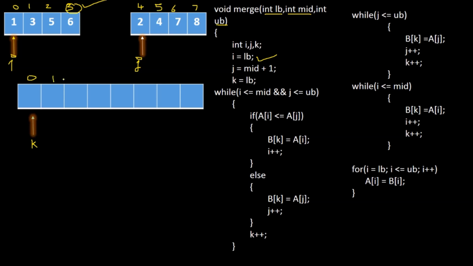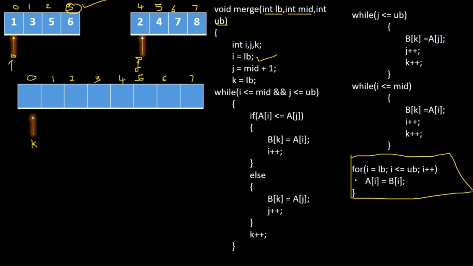This is a new array, the name of this array is b, right? And the name of your original array is a, right? These are the index numbers in the array b. Why are we taking a new array? Because we are merging. For merging purposes we don't want to disturb the original array. So we create a new array, and after that we copy it back. It is very easy to copy the new array into the older array.